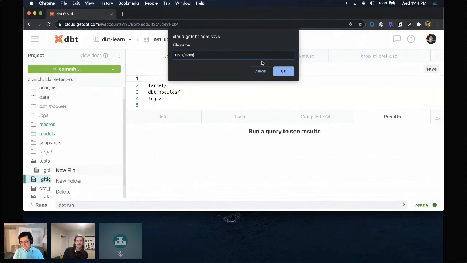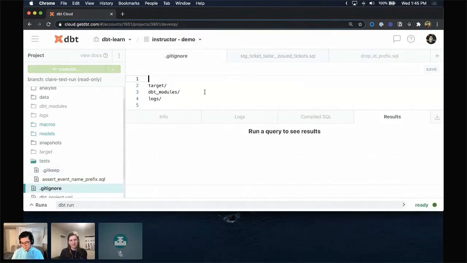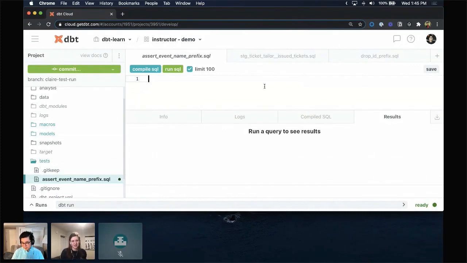I find that's a more assert name prefix. I don't know. That makes sense. And then we could write something where select, do we do a with here? We could, but it's a simple query. We don't have to, I guess. Select star from